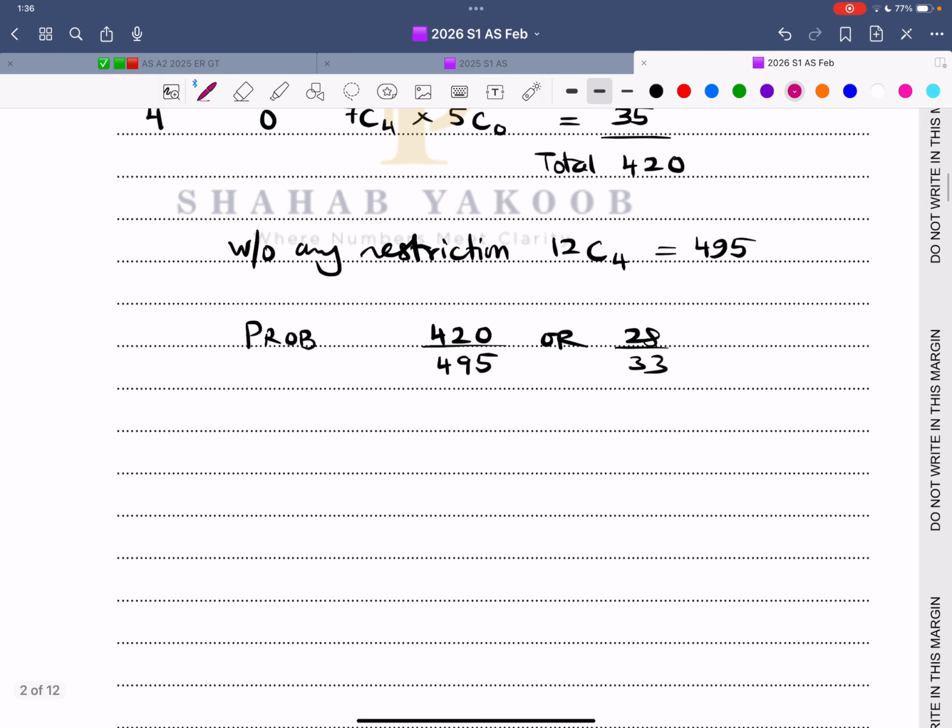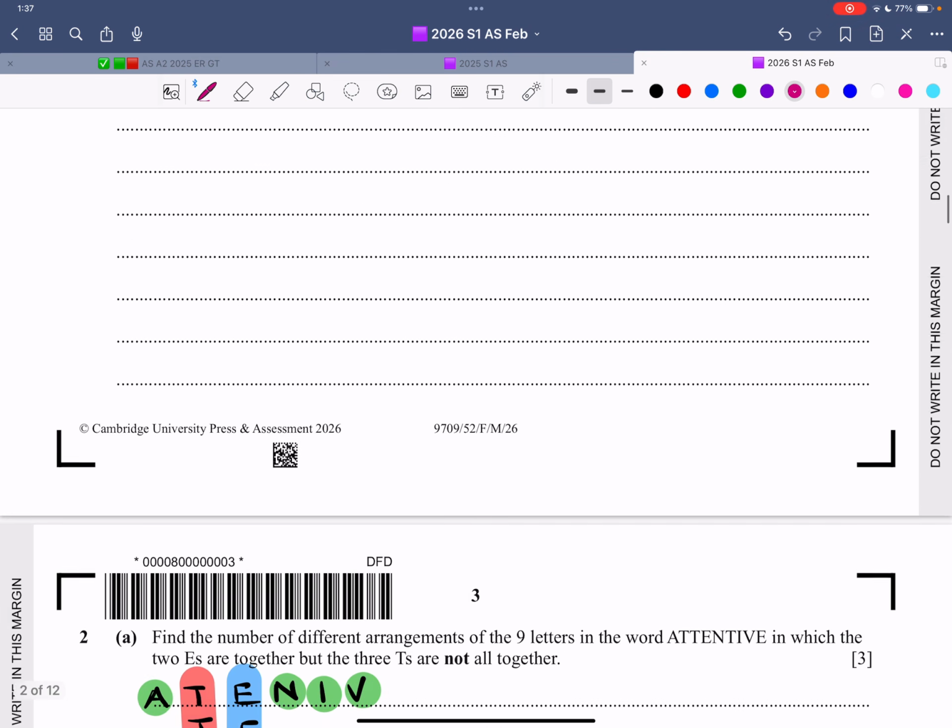Now let me emphasize once again. Answers that are coming out in fractions, leave them as they are. Because fractions are supreme, fractions are beautiful, fractions are exact. That is the most important thing. So anything which is exact need not be converted to decimals. That is the first thing.